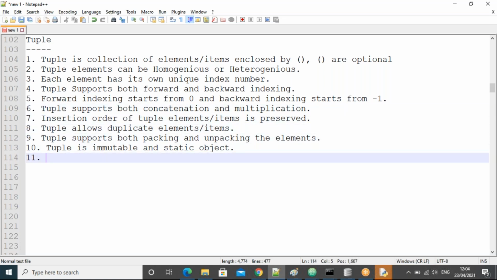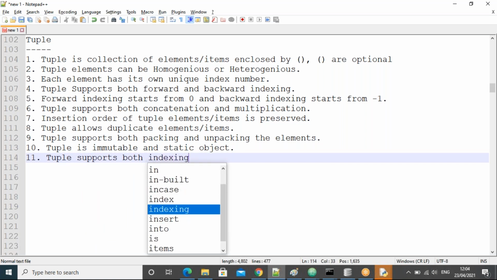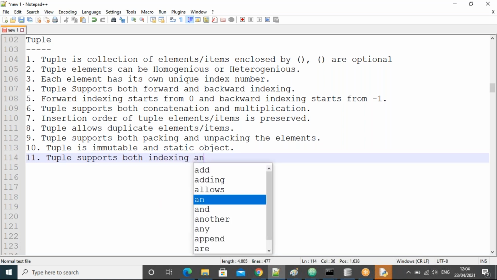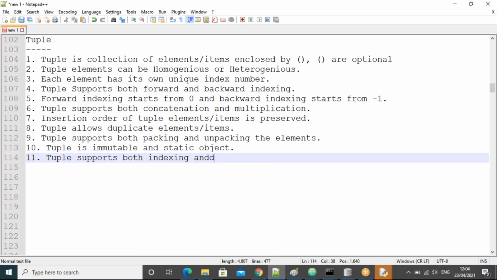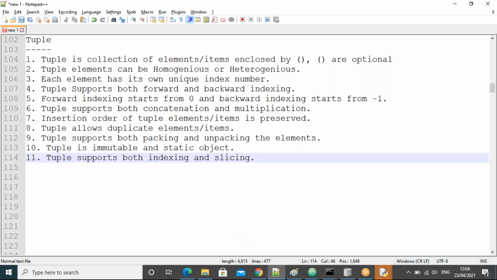That point was missed. So a tuple supports both indexing and slicing, right, guys?